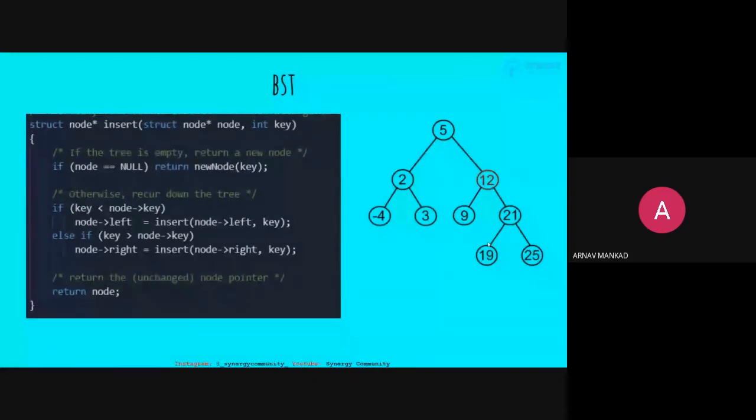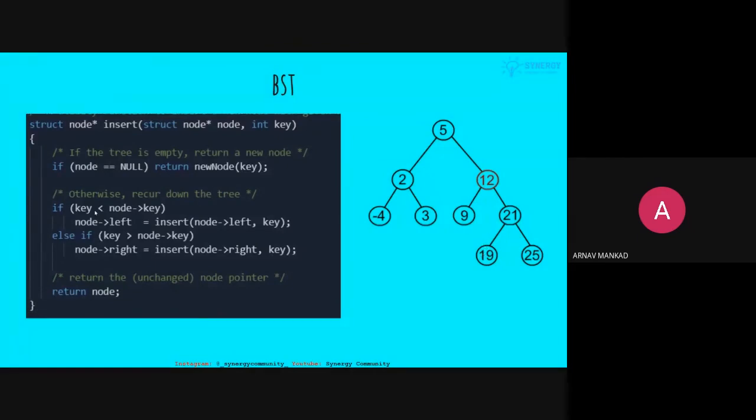Okay, so let's see the code for this. Basically this is a recursive function which we'll be calling again and again. First of all, we see if the node is null, which is the case where we enter our node, then we return the new node which we created and append it.